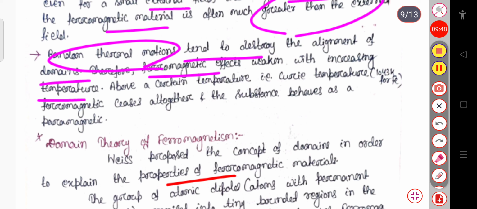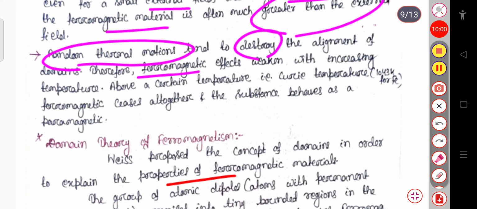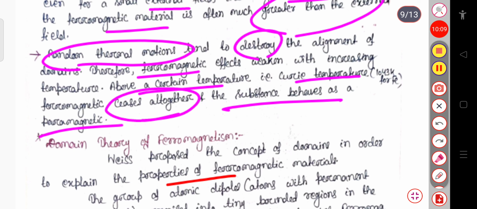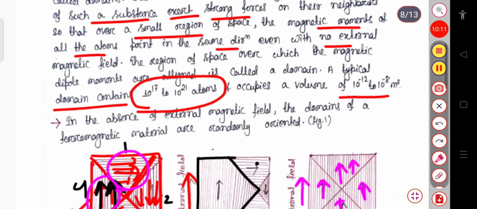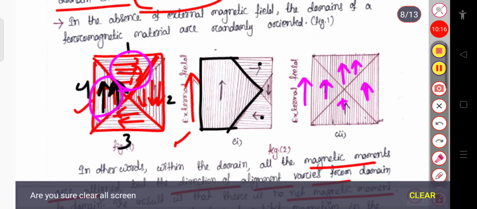That is, if you increase the temperature of a ferromagnetic material, then because of the random thermal motion, it will try to destroy the alignment of the domain. So above a certain temperature, that is the Curie temperature, the ferromagnetism ceases altogether and the substance behaves as a paramagnetic material. If you increase the temperature, now they will